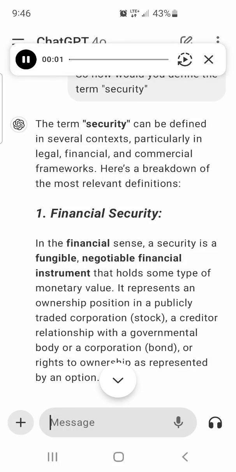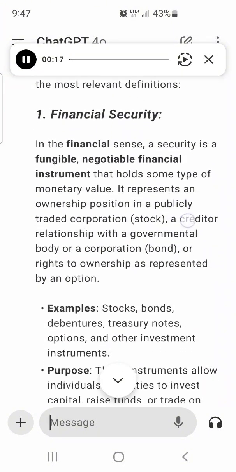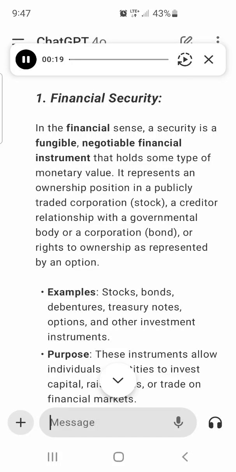The term security can be defined in several contexts, particularly in legal, financial, and commercial frameworks. Here's a breakdown of the most relevant definitions. 1. Financial security. In the financial sense, a security is a fungible, negotiable financial instrument that holds some type of